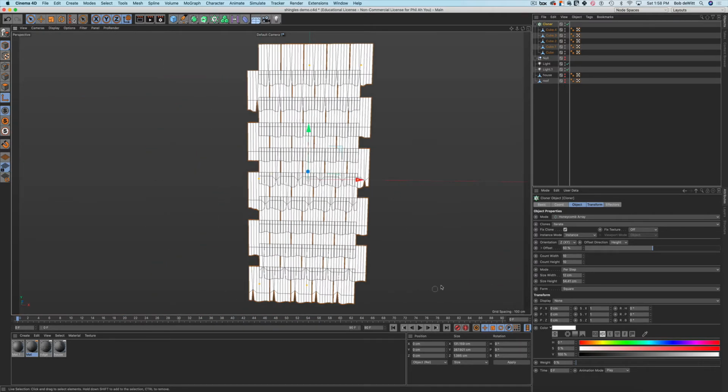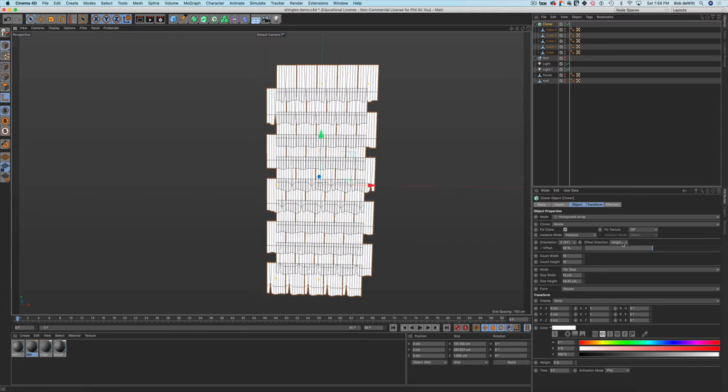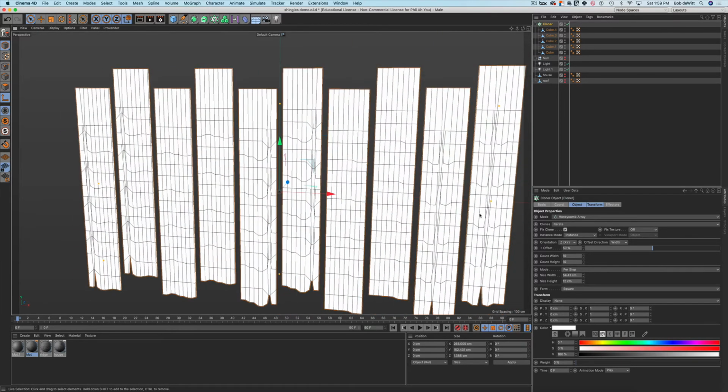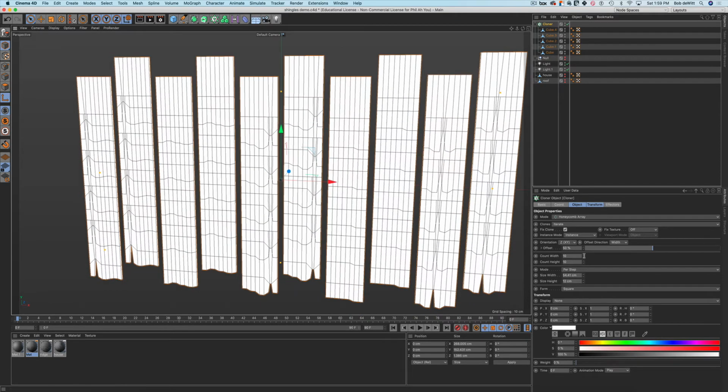Now we want our offset direction to not be height. The offset direction determines which portion of the honeycomb is aligned. We'd rather have our edges aligned here and our bottom part raggedy, offset. So let's change that to offset direction width. Okay, so now we've got them overlapped vertically. But now in terms of horizontally,